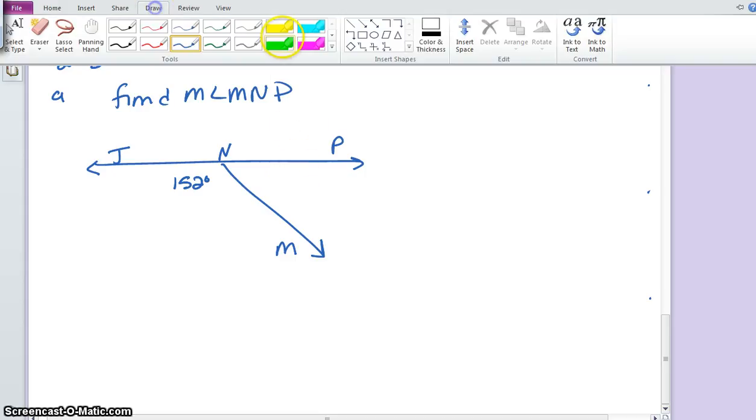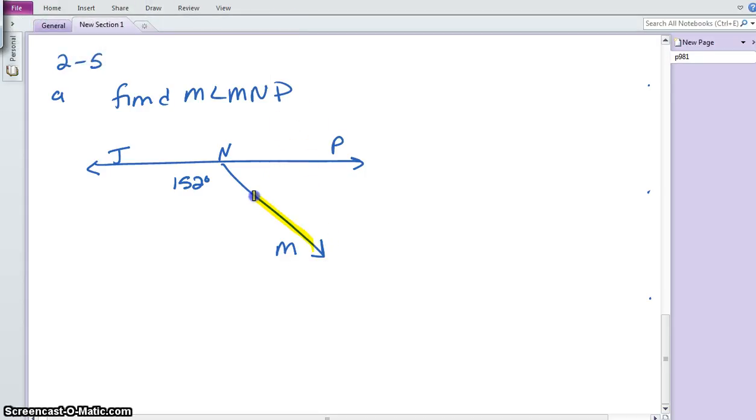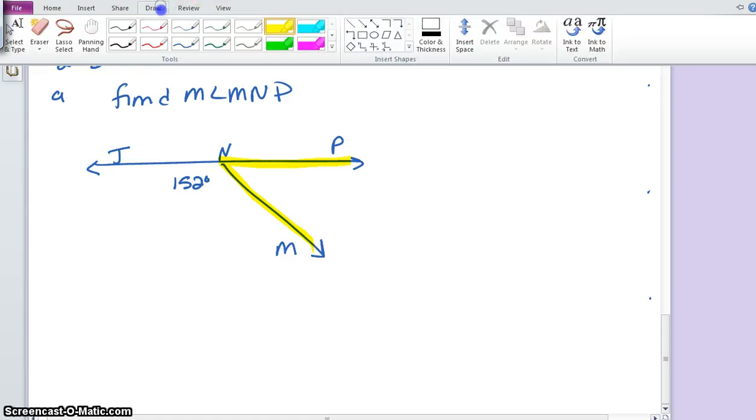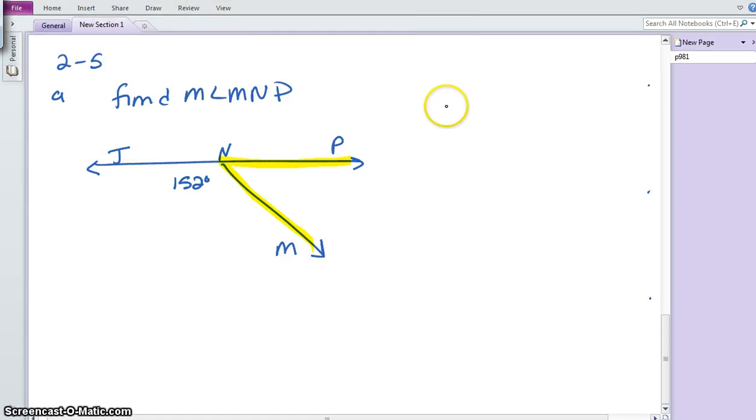The measure of angle MNP, vertex angle is in the center, is highlighted yellow. So the measure of angle JNM plus the measure of angle MNP equals